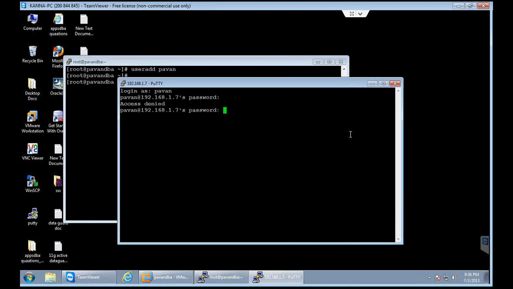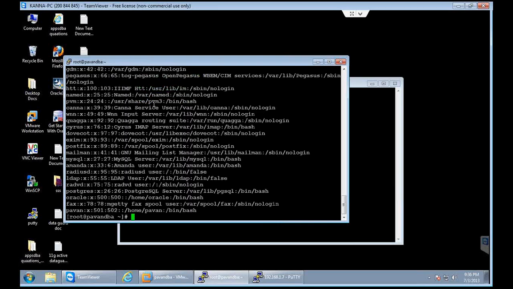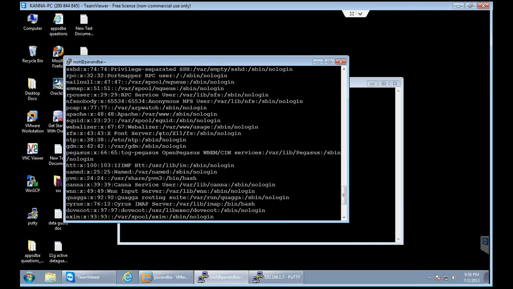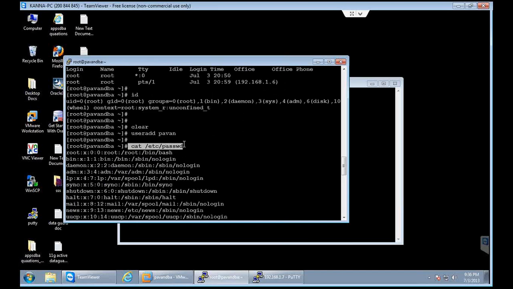When you have not specified any password, the Linux operating system will generate some junk password, and we can know about the user from a file called /etc/passwd. From here you can identify how many users are there in the Linux operating system.